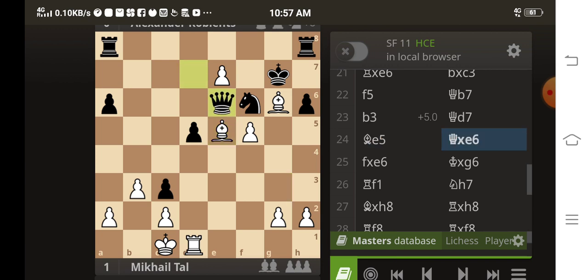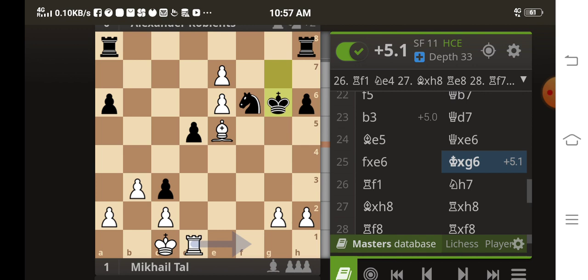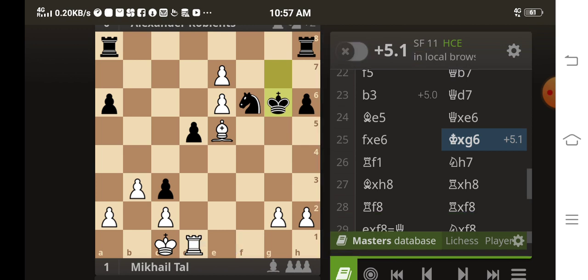Well, then here queen captures the rook and pawn captures the rook, and it's a double pawn for white. But also white is winning. So yeah, plus 5 plus 1 for white. So here king goes to g6, king captures the bishop on g6, and